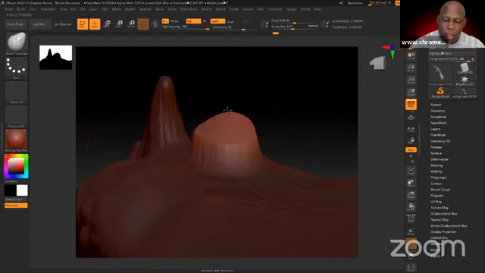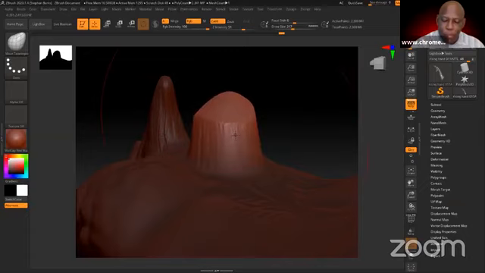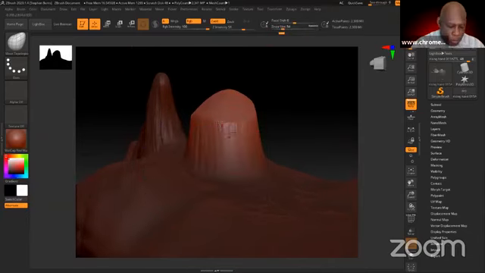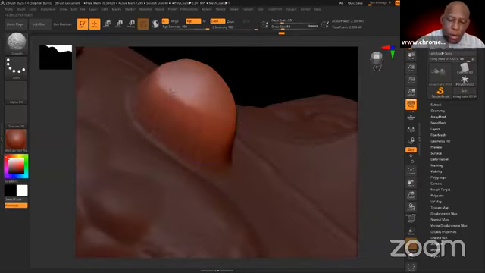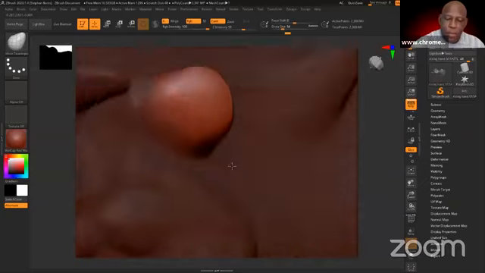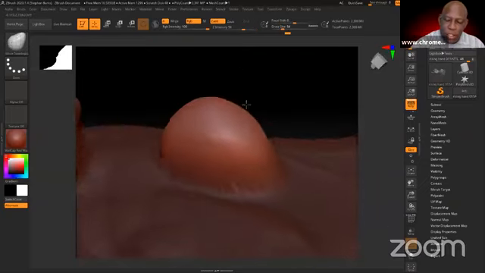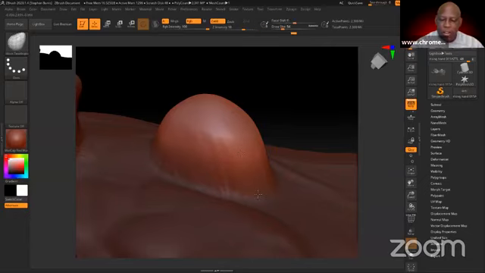So I can pull this out a little bit more. Okay. And I want to soften that up. So bring the brush size down, Shift, soften it up. Modify this, get some control here. And that's probably as far as I want to go, because I can go in there and modify it in other ways.